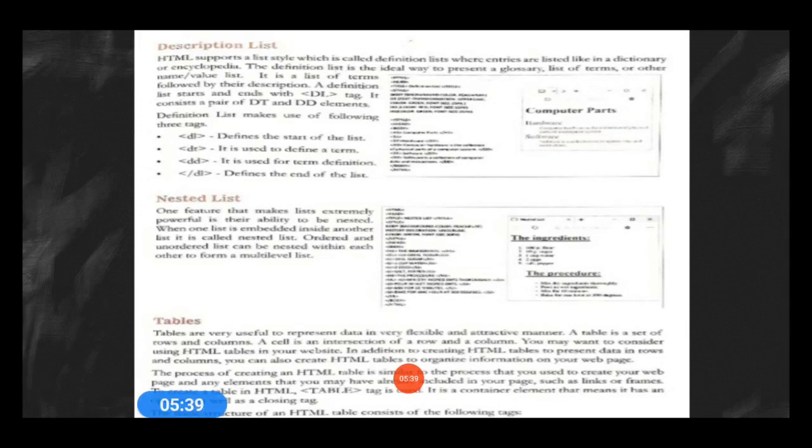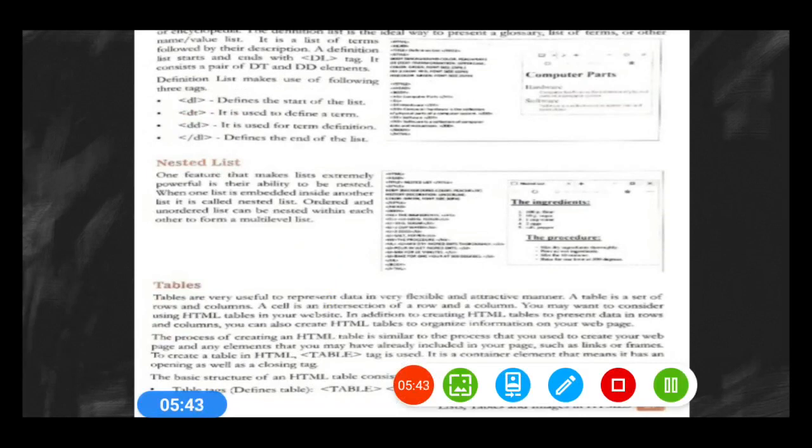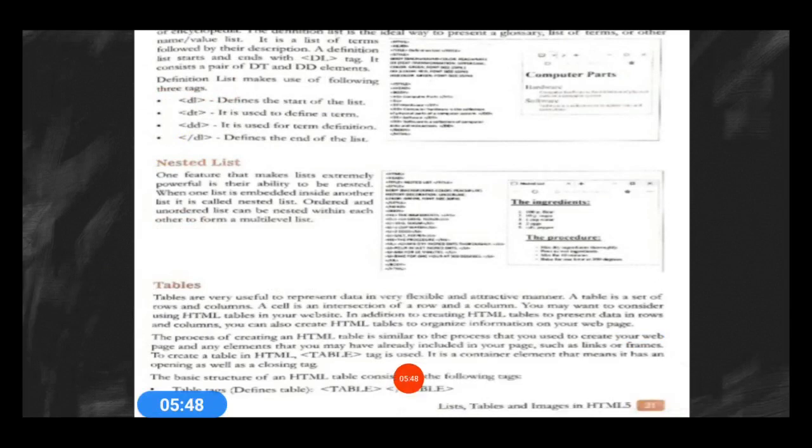Next is a nested list. So what is a nested list? One feature that makes lists extremely powerful is their ability to be nested. When one list is embedded inside another list, it is called a nested list. Ordered and unordered lists can be nested within each other